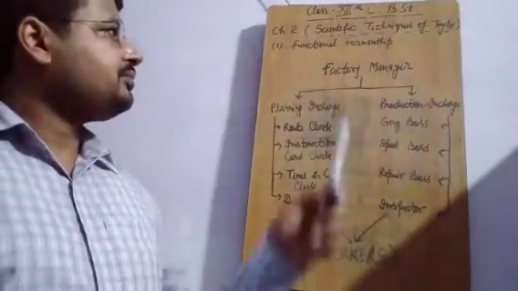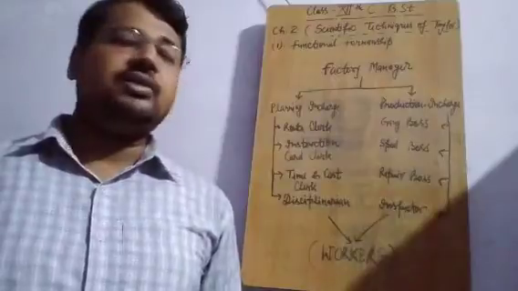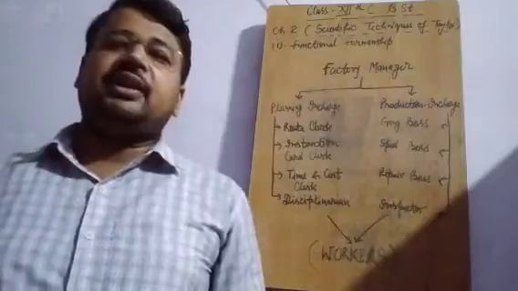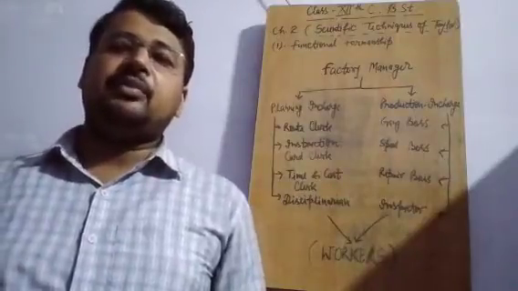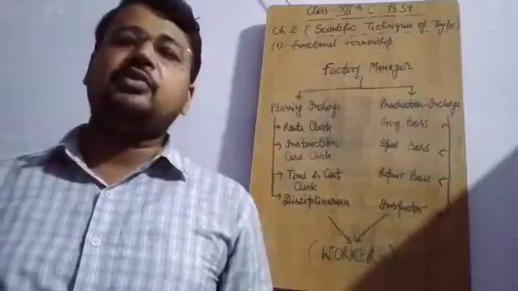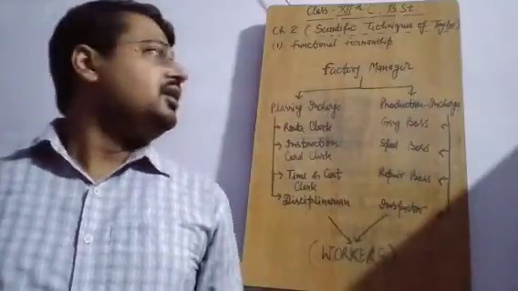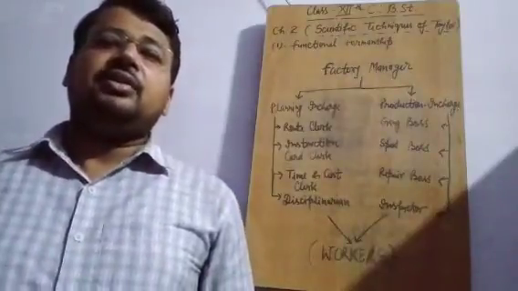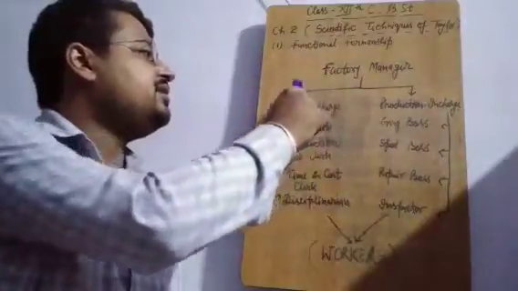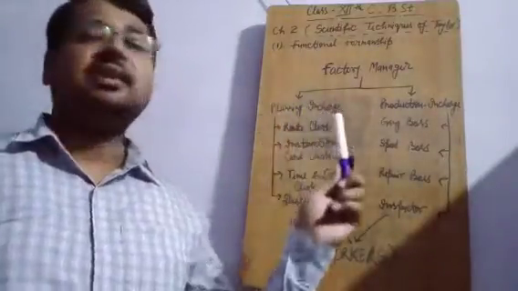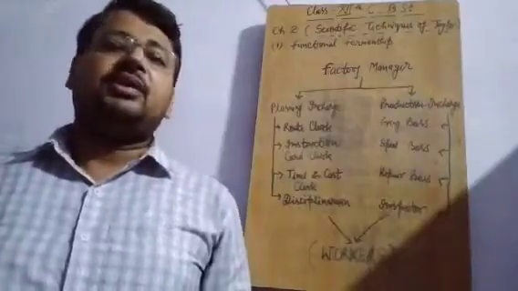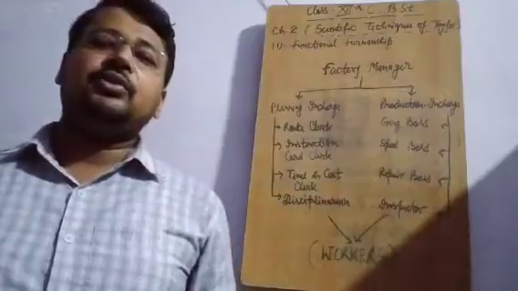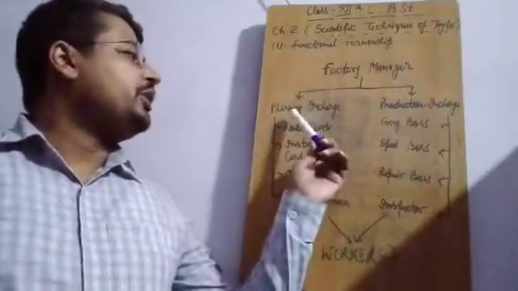So, the first technique that was devised by Taylor was functional foremanship. The division of labor, as we study that if there is a team of 50 to 70 people who are working in any company, there is one factory manager who is managing all the affairs of that company. So if he divides, there is division of labor. One department is planning and second one is production. The planning department will make proper strategy how to go to achieve the desired result.